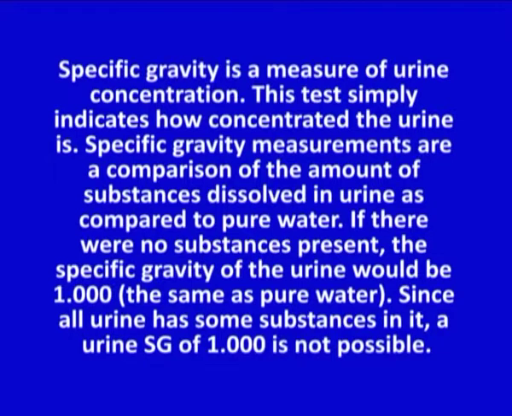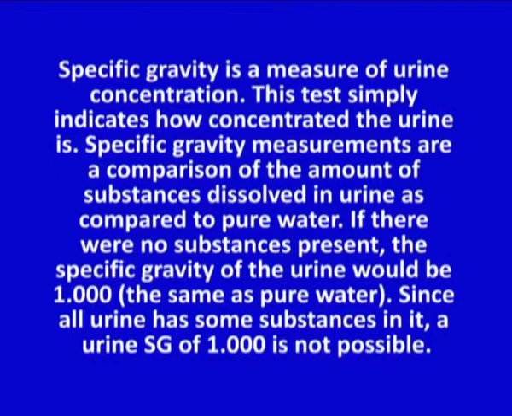Specific gravity is a measure of urine concentration. This test simply indicates how concentrated the urine is. Specific gravity measurements are a comparison of the amount of substances dissolved in urine as compared to pure water. If there were no substances present, the specific gravity of the urine would be 1.000, the same as pure water. Since all urine has some substances in it, a urine SG of